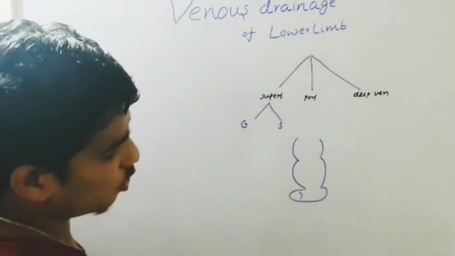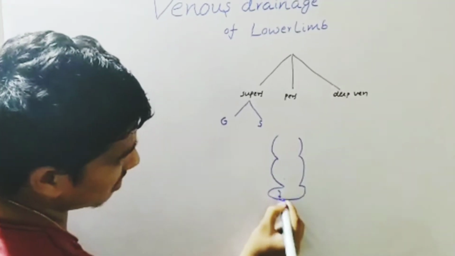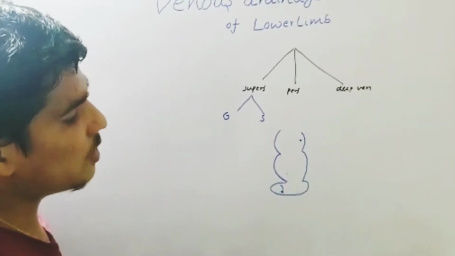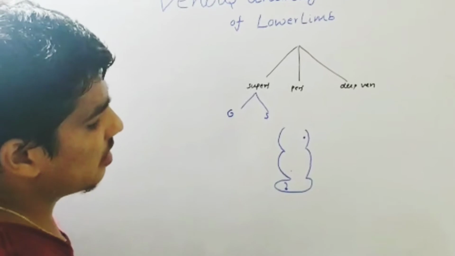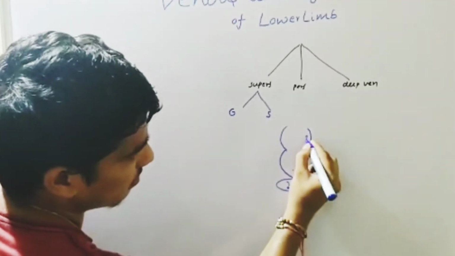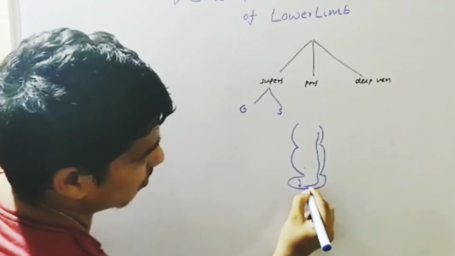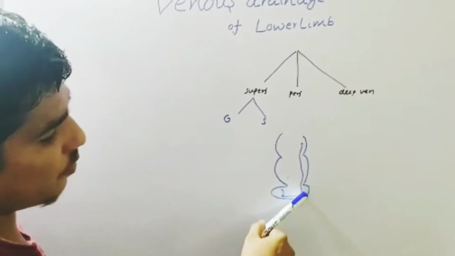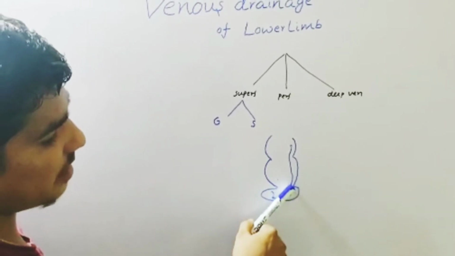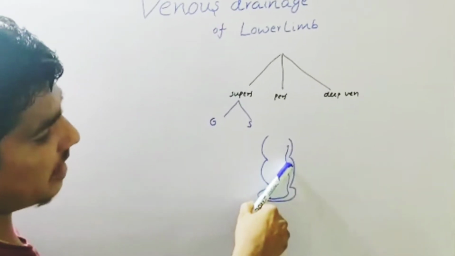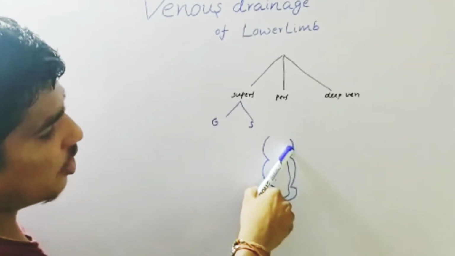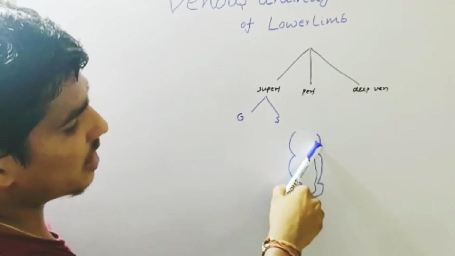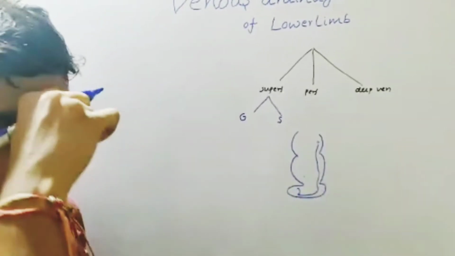The greater saphenous vein arises from the medial side of the dorsal venous arc, and it ends at the greater saphenous opening, which is present in the deep fascia of the femoral triangle. Now connect these two points, and the course is complete. It moves along the medial side of the foot, passes in front of the medial malleolus, and passes along the medial side of the leg and the medial side of the thigh to open into the apex of the femoral triangle, where the greater saphenous opening is present, piercing the deep fascia.